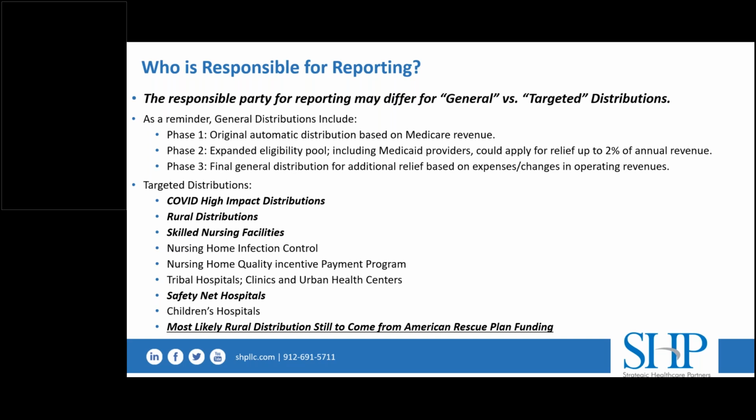The targeted distributions, especially I highlighted the ones that are kind of more related to you guys, were for the COVID high impact, the RHC distributions that you guys have been getting, the ones specifically for nursing homes, and then the offshoot infection control pieces, the safety net hospitals, all of that kind of stuff. And then it will definitely account for the upcoming distributions. There is a quote unquote rural distribution that was appropriated in the American Rescue Plan, and that certainly will be a targeted distribution that will be added to that. But if you click to that next slide,